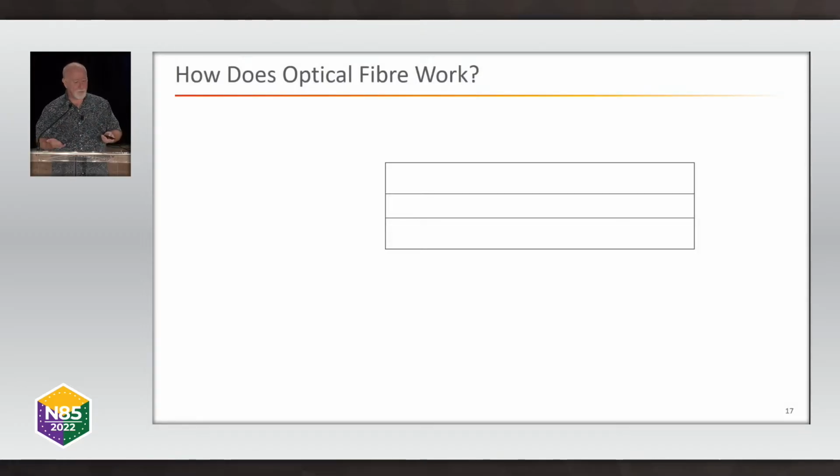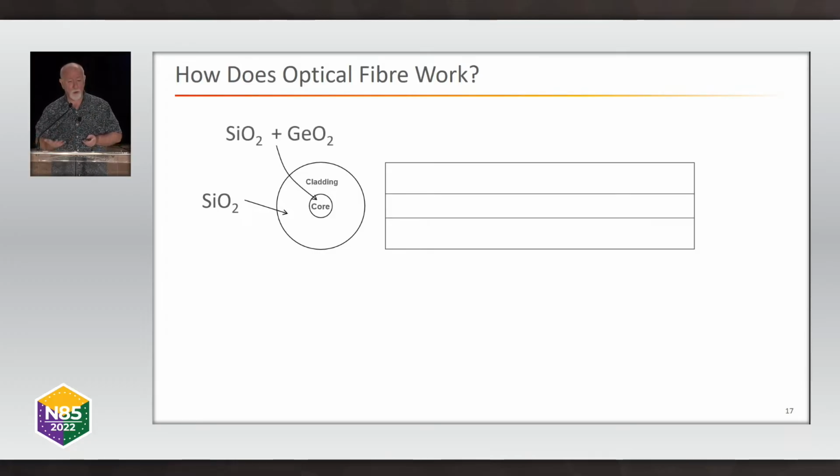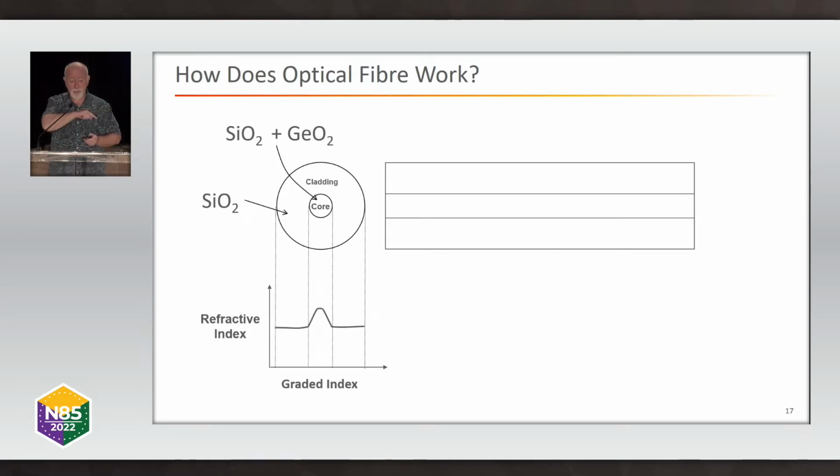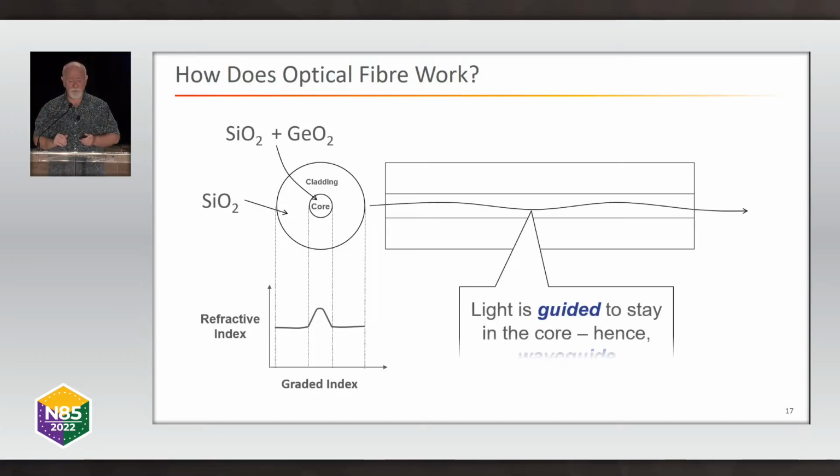So how does optical fiber work? Well, if we look down the end of a fiber, we might be able to see that there's actually an inner core and an outer cladding in the fiber. The cladding is made from pure silica, and the core has a little bit of germanium oxide in it, and that raises the refractive index of the core. So if you plot the refractive index profile, it's actually a gradient index profile these days, and that gradient,